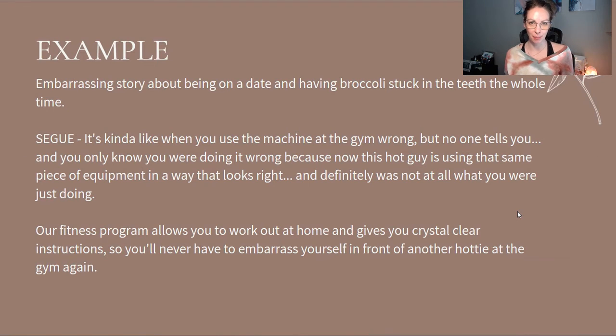Now, this is an example of using all of the elements together. So we start with the embarrassing story about there being broccoli in your teeth when you're on a first date, and you don't know until you get home and look in the mirror. And we use the segue to connect this story to the offer, which is a fitness program that you're able to use from home. So the segue is, it's kind of like when you use the machine at the gym